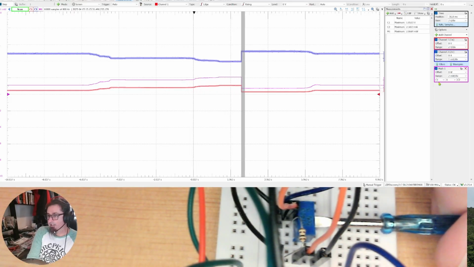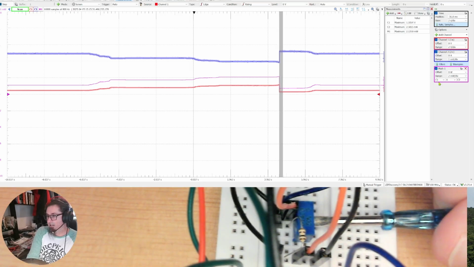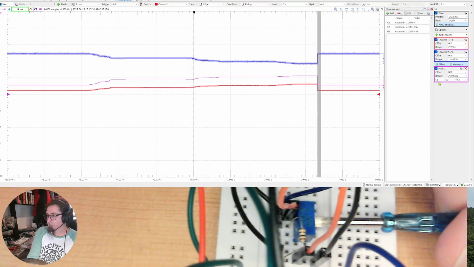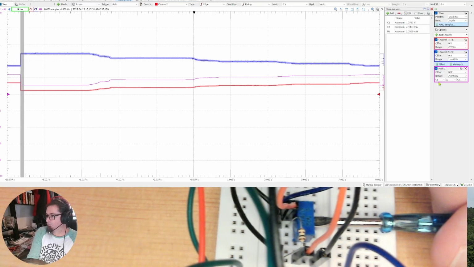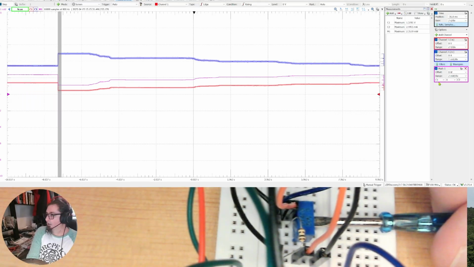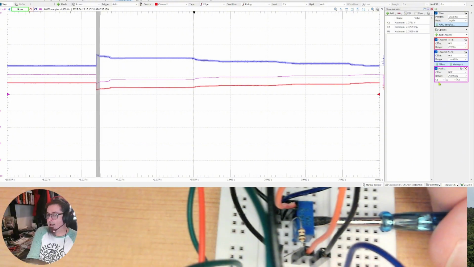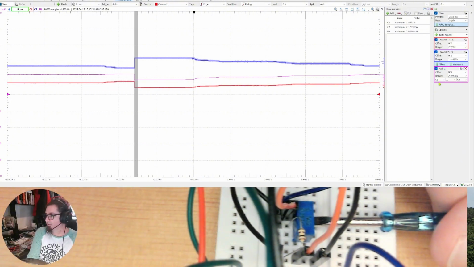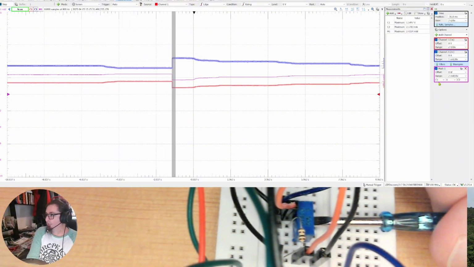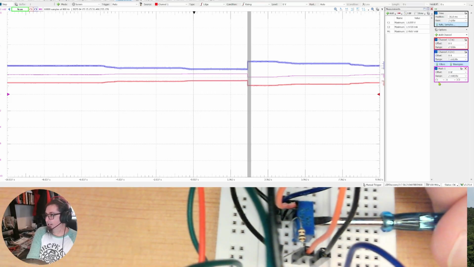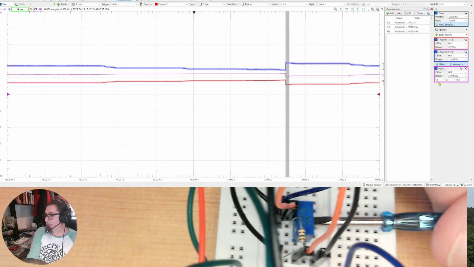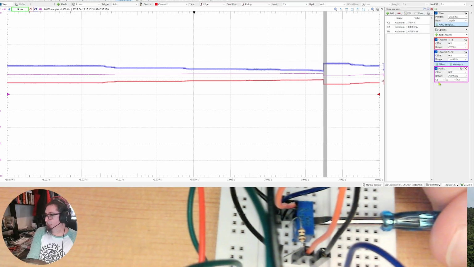We're going to try to get it to where it just stops going up. 2.2, we're getting close. We're at the 2.35, 2.43, 2.45, 6, 7,